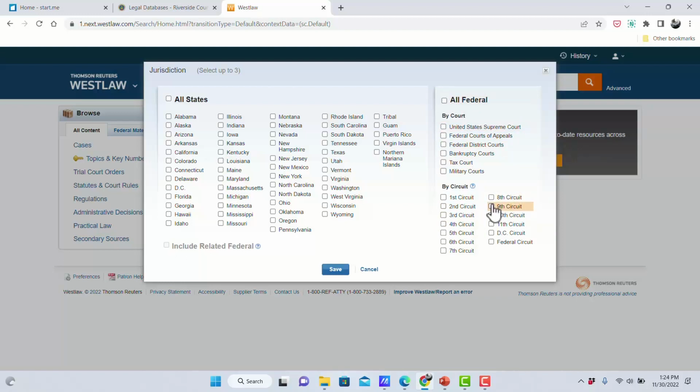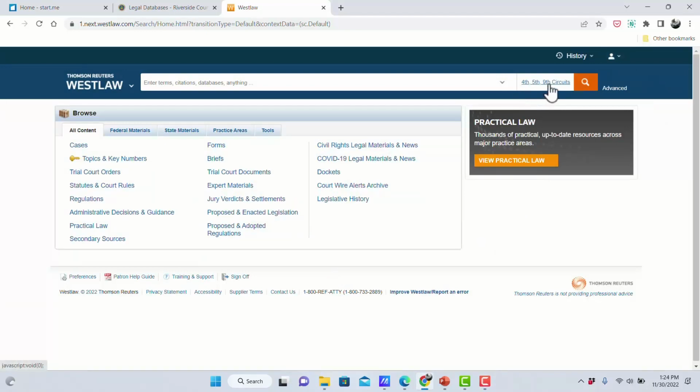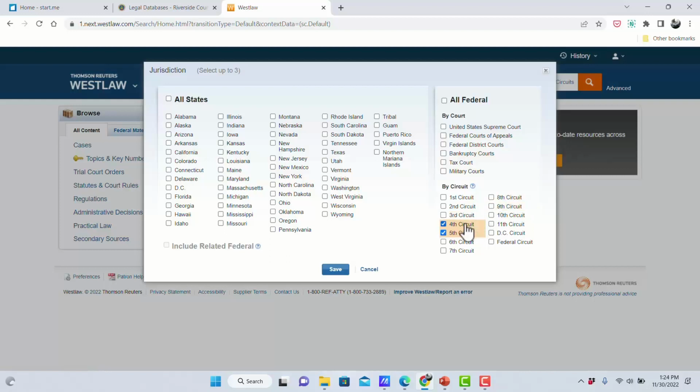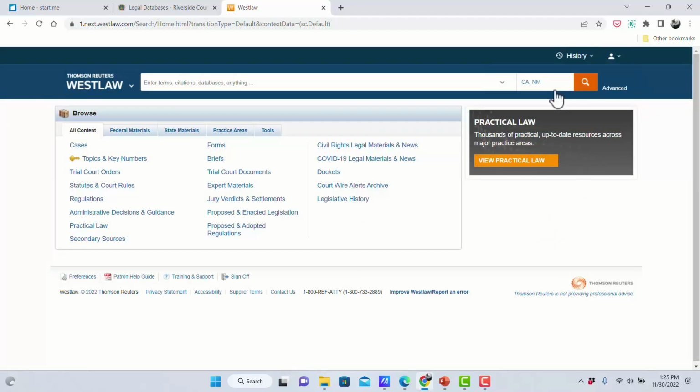One of the nice things here is that you can combine. Maybe you want to look at Ninth and Fifth and Fourth Circuits. You click the databases you want to combine, click Save, and now you see they're all listed up here. So you've made yourself a little custom database. You could just do Federal Courts of Appeals, but then in addition to those 3 circuits you want, you would get all the other circuits, and you'd have to sort through all those. You can pick multiple states if you want to search California and New Mexico, for example. Save it, and here they are,